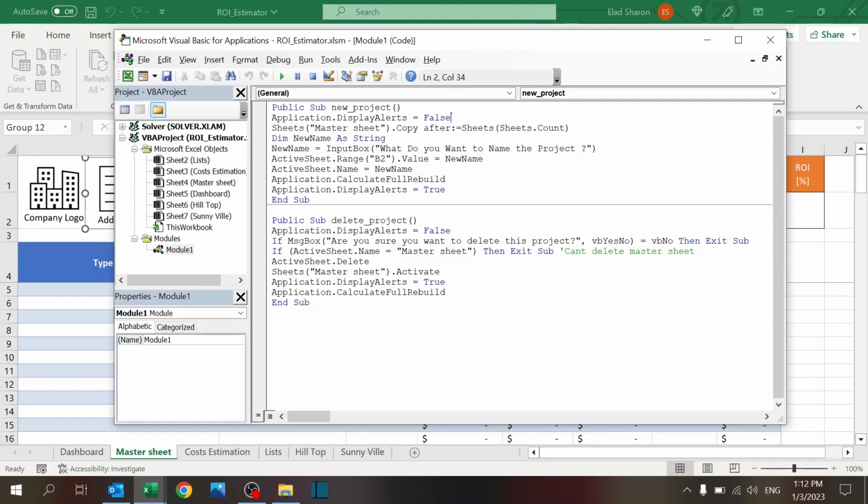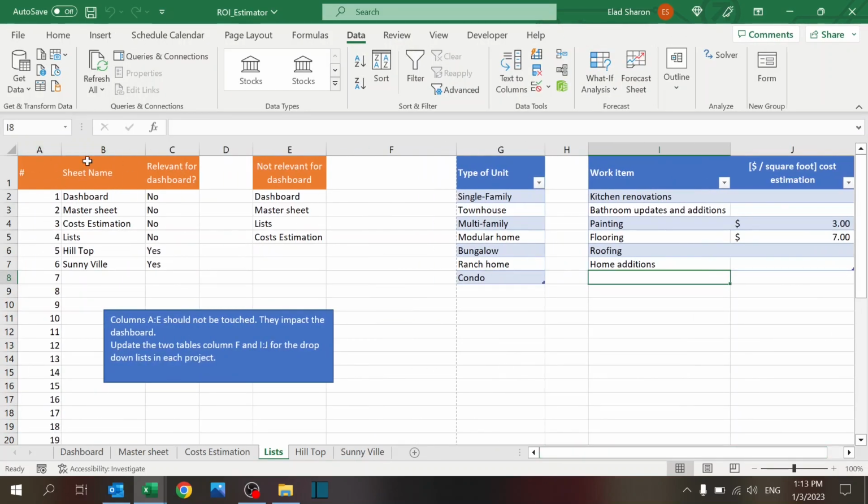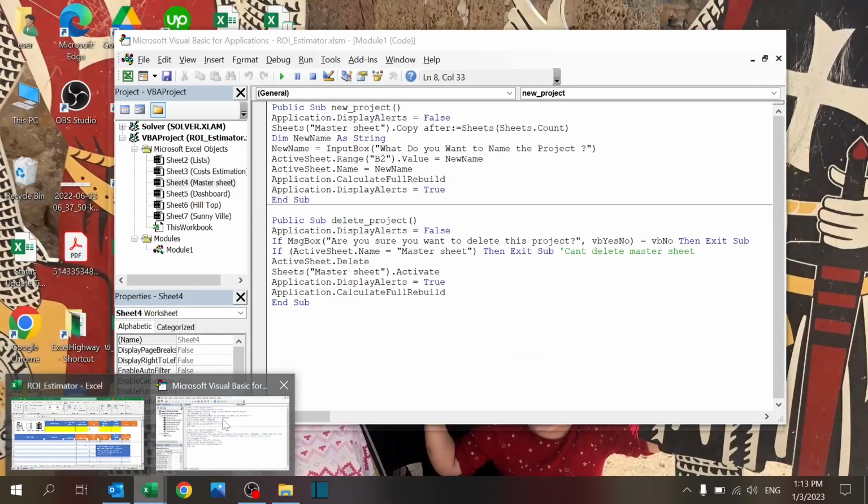I'm just going to copy the sheet called master sheet, and I'm going to ask the user using the input box the name of the project. Then I'm going to assign cell B2 where the project is listed as the new name, and also the sheet itself. Then this line will force this area over here to recalculate everything which is needed,